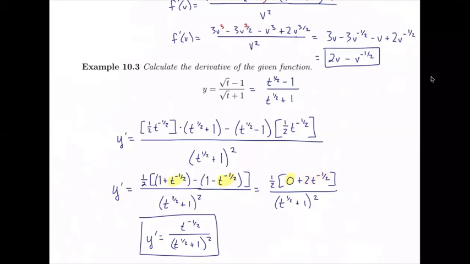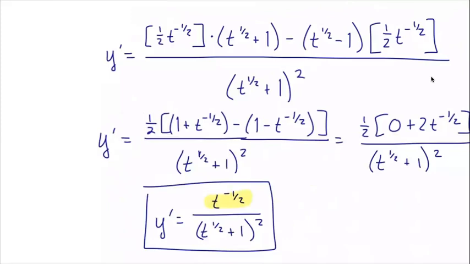So in the brackets, all I really have is 2t to the negative 1/2. And that's times 1/2, so 2 and 1/2 cancel to 1. I just have 2 to the negative 1/2 over, again, the denominator squared. Now this numerator doesn't have a plus 1, so it doesn't look anything like the denominator, so I'd just call